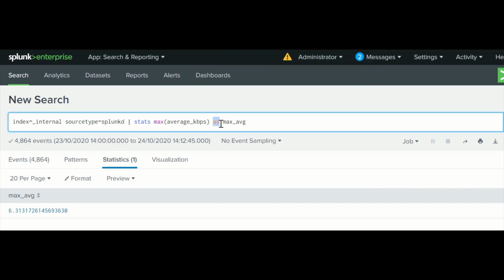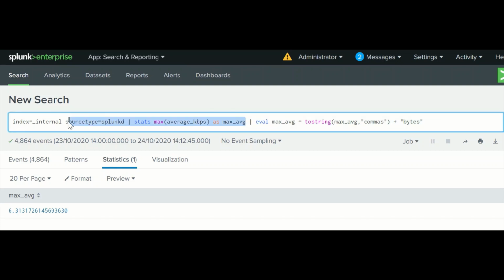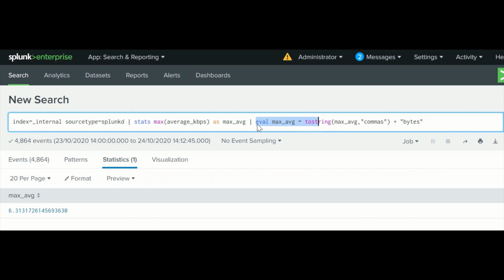So this part, here, as, is called a clause. It can be a by something or as. So this is called a clause. The next one: again here you can see a pipe. The output of this whole search will act as an input for the upcoming search.